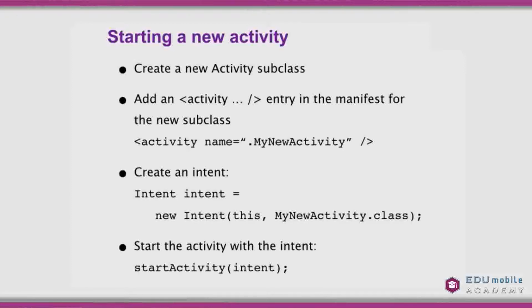That means that if your class is named MyNewActivity, we want to take the class of that activity. Finally, we start the activity with that intent. So startActivity is the method, or this.startActivity, and then the intent we pass in, and that tells the system to fire up the new